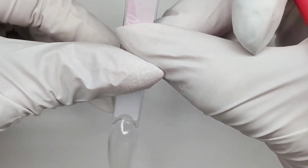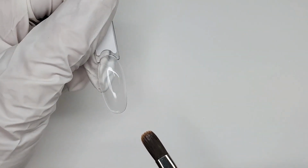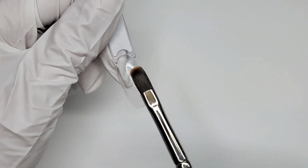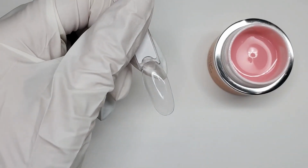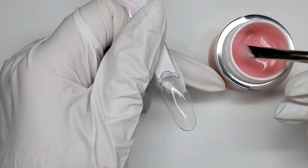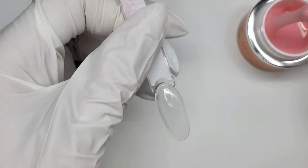Donc, comme si j'avais préparé un ongle naturel, la préparation régulière, on ponce l'ongle. J'ai appliqué la Silicone Tint Base. So as if you would prepare your client nail, I file it down just a bit. I put on my silicone tint base and cure it. So now I'm ready to sculpt my nail with the cover pink. So there's two ways you can do it. So you can start right now with a big bead